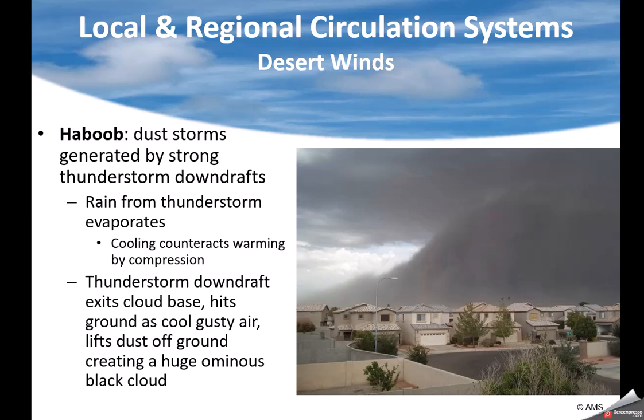The final thing is the haboob, a dust storm. Think about it. If you had a thunderstorm develop, hits down there and hits a sandy area, blows the sand or dust up. Well, these can occur in the desert southwestern United States. They occur over the Sahara Desert. All they're doing is literally thunderstorms aloft, except the rain never gets to the ground, but pushes the cold air down, lifts all this dust up, and you wind up with a big dust cloud.